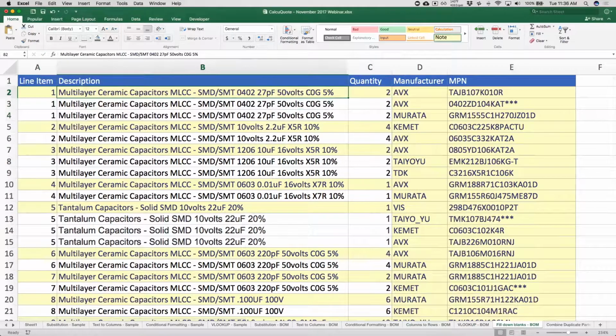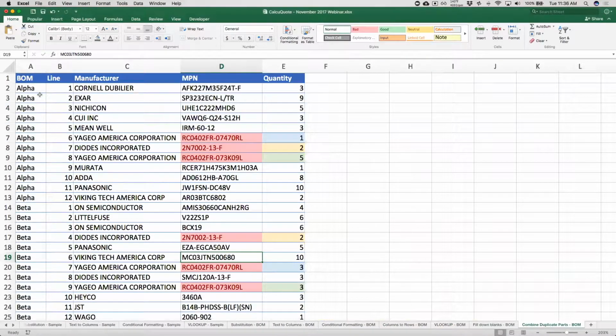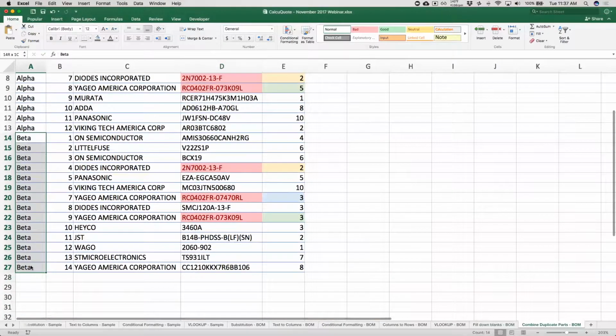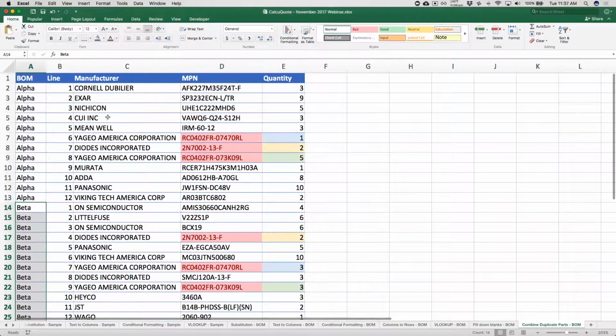And then the final thing that I'm going to go over here is how to combine part numbers and quantities to make sure that you are consolidating wherever possible. So here I have a relatively simple example. I've got a bill of material, and we're going to call it the alpha BOM and the beta BOM, which is right here, okay? And both of these are something that I want to combine so that I'm getting advantage